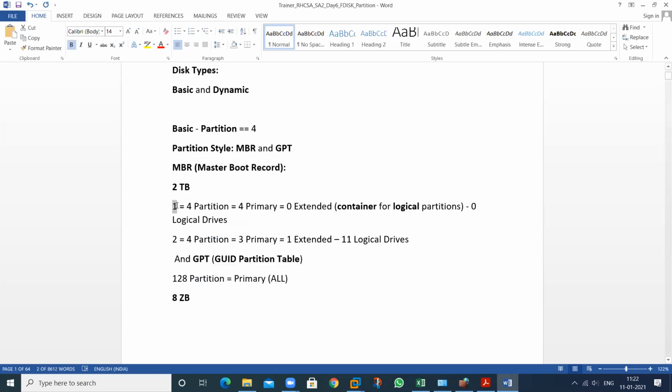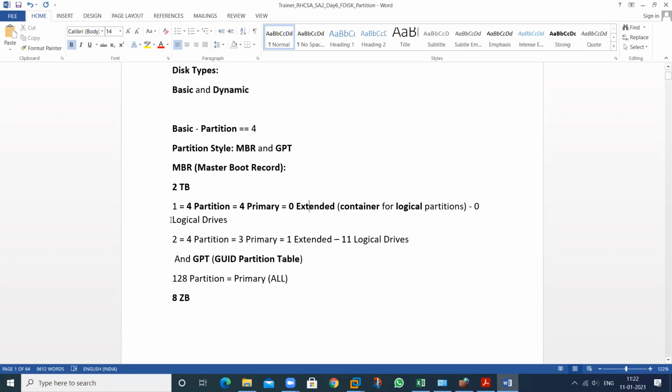So in MBR, how many partitions can you create? 4 partitions you can create. These 4 can be primary also. If you use these partitions as primary, then you cannot create any extended partition. It means 0. In this container, you cannot create any logical drive also.